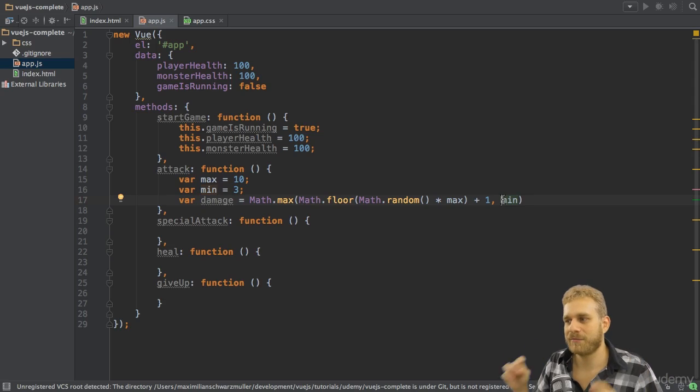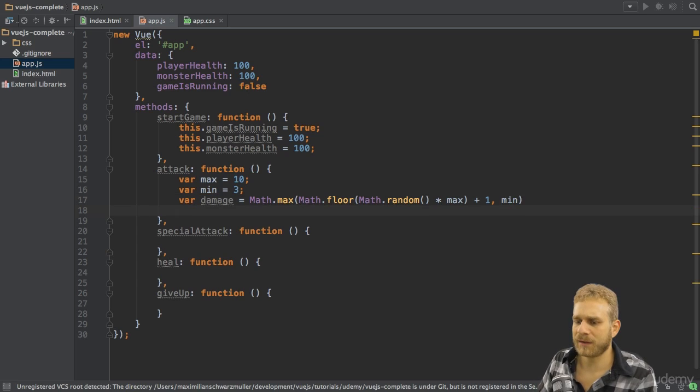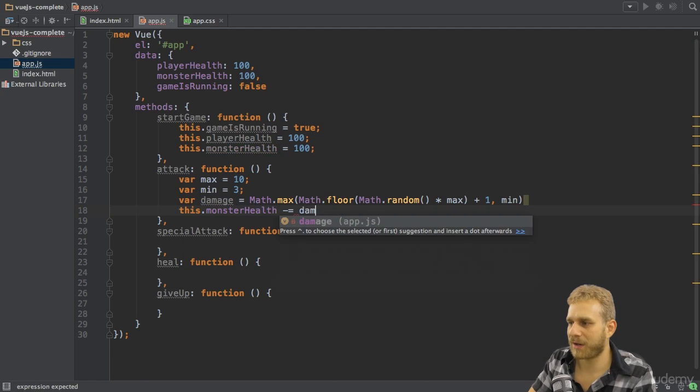So with that, we get a random number between 3 and 10. That's some general arithmetic, nice to know anyways, I guess. So this is the random damage I want to deal here. And also I will use a similar calculation for the monster damage. So here for this random damage, I then want to take the monster health and reduce it by this damage